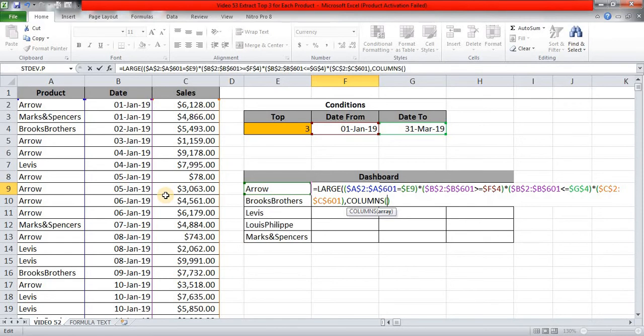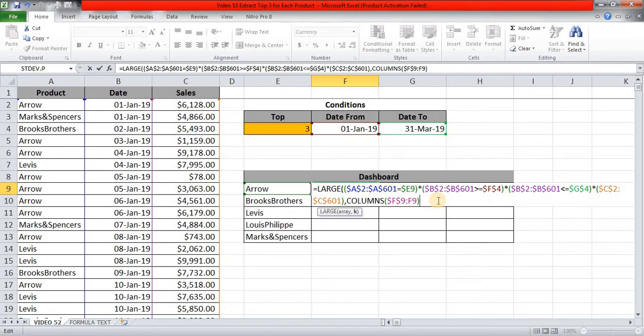Now the cursor is sitting in cell row number 9, so F9. So I am simply giving F9 here, but I am locking this cell completely, $F$9, and my to range will be F9. So say from F to F it will be 1 column, from F to G it will be 2 columns, and from F to H it will be 3 columns. So this is my column argument.